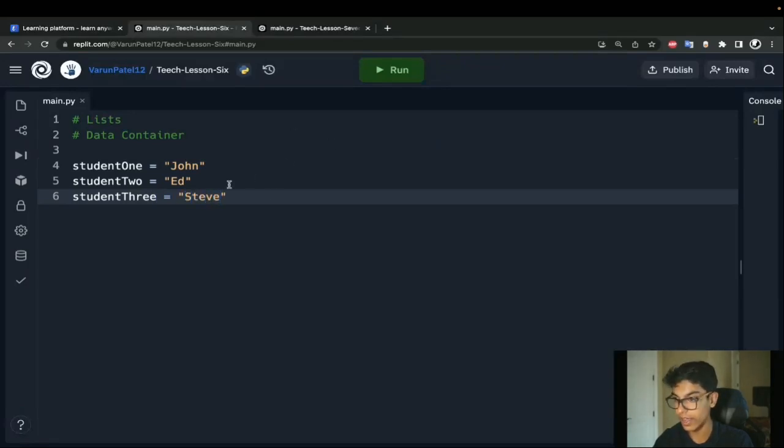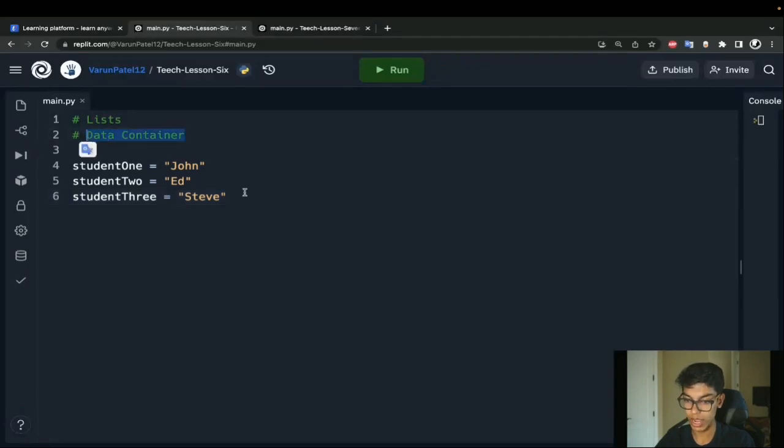Sure, this looks fine for a small group of students. But if we have 40, 50, or 60 kids, it doesn't make sense to go student 1, student 2, student 3 all the way to student 60. That would take up so much space and be so hard to work with.